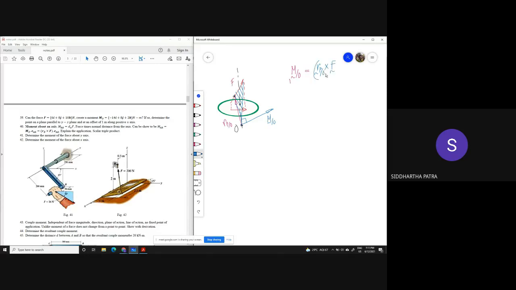But then again the position of O is arbitrary when we are doing this. Let's say this is the unit vector along the axis. Let's call this AA axis. So EAA is the unit vector. So moment about EAA or AA axis is essentially EAA dot